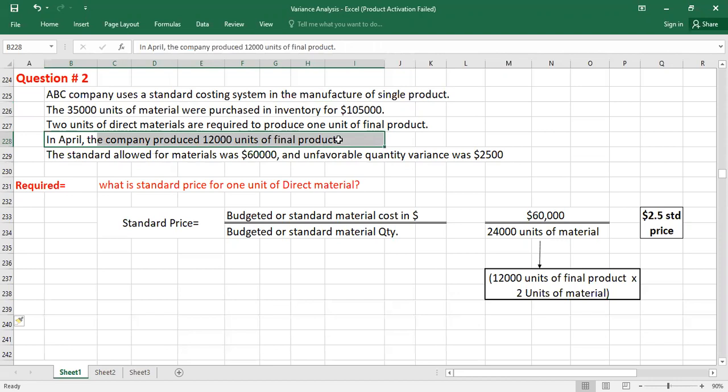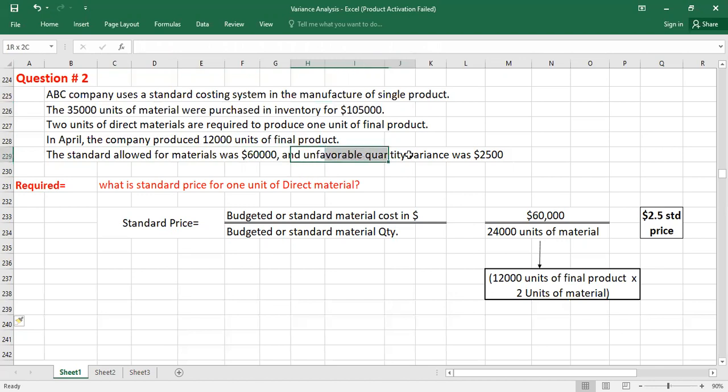So this is your actual level of production. It means if 1 unit of final product takes 2 units of material, this should consume how much? 24,000 units of material. So the standard allowed for material was $60,000 to produce these 12,000 units, so the material cost was budgeted as $60,000, and there is